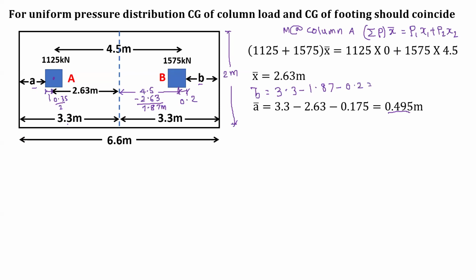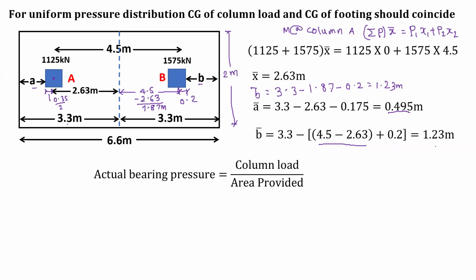Then we get 3.3 minus 1.87 minus 0.2, which comes to 1.23 meters. And you can see it calculated in this fashion. The same way: 3.3 minus, this is 4.5 minus 2.63 plus 0.2. If you multiply both by minus, we have minus 1.87 minus 0.2 and that comes to 1.23